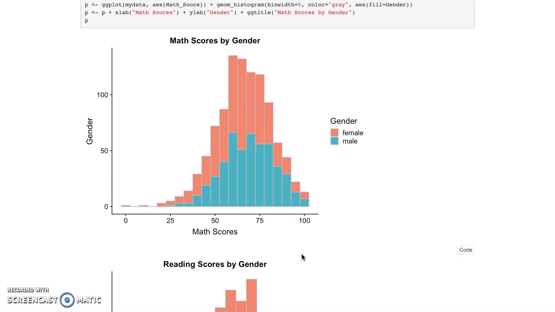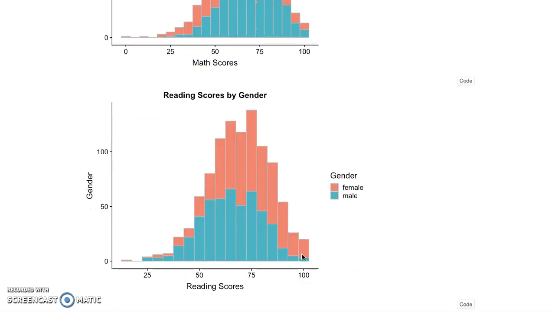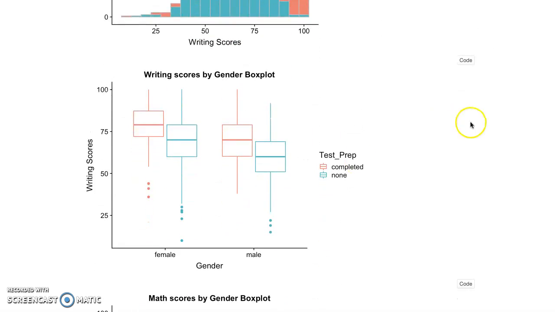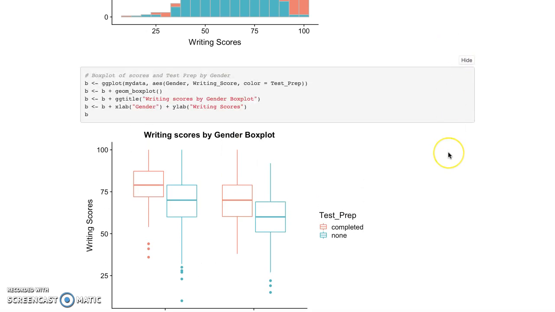And these are the ggplots that I have done. Now it's come to the box plot. So this is the box plot, and it's a graph that provides us a measure of the central tendency, spread